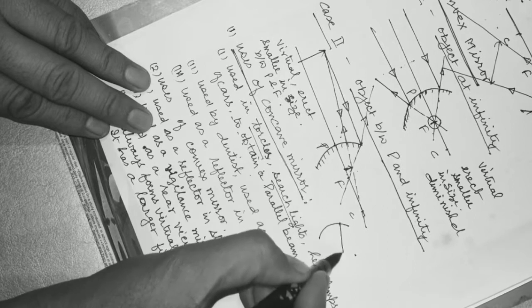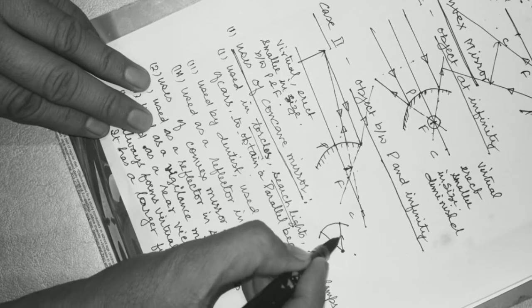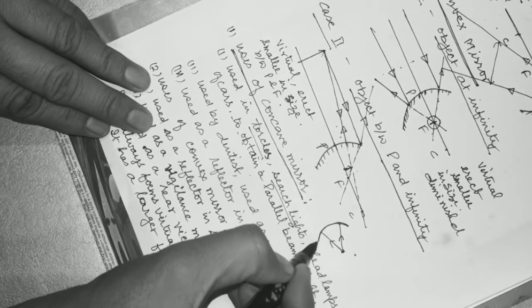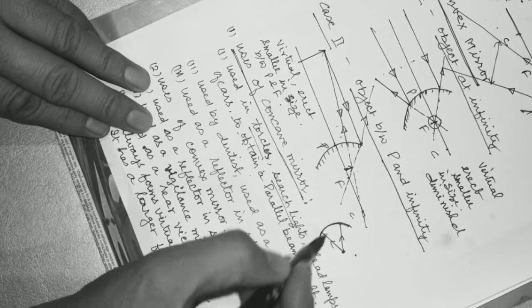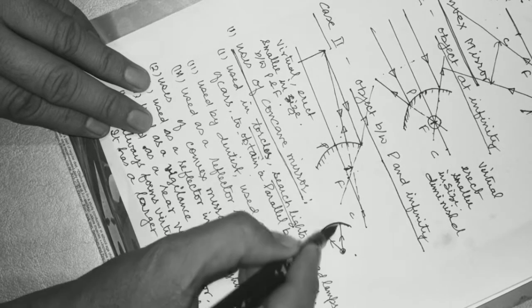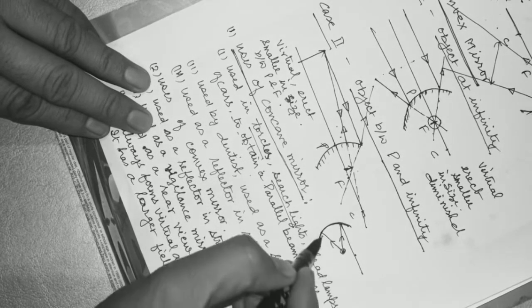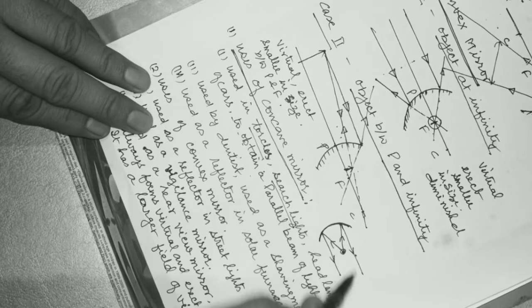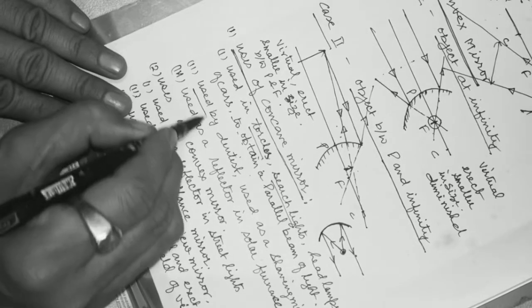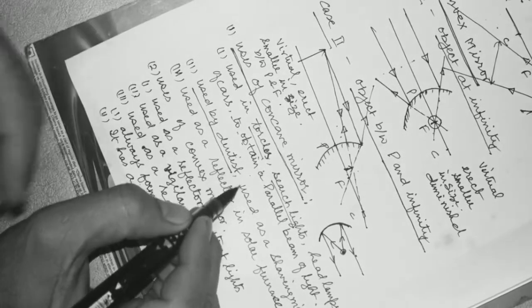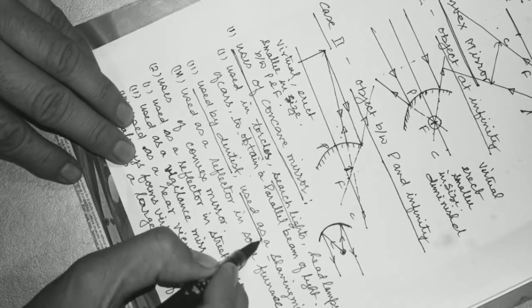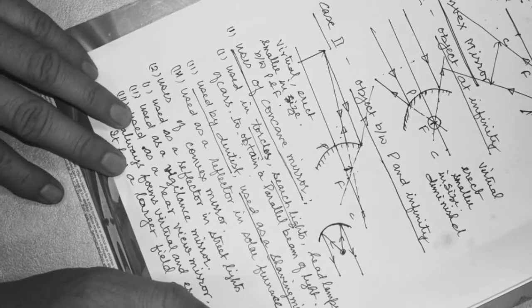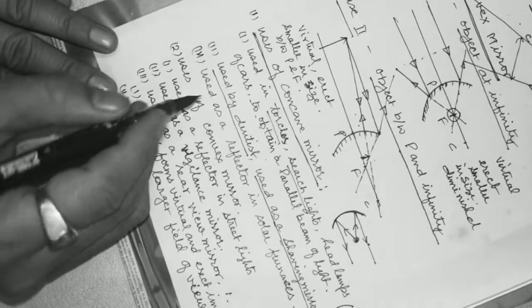Suppose this is a place from where the light is emitted, the head in the headlamp, the back side or the reflector in the lamp. Here is a bulb, the light falls on this reflector, and this way we get a parallel beam of light. Now it is used by dentists to see the larger image of your teeth, and used as a shaving mirror also to see the larger view of your face.